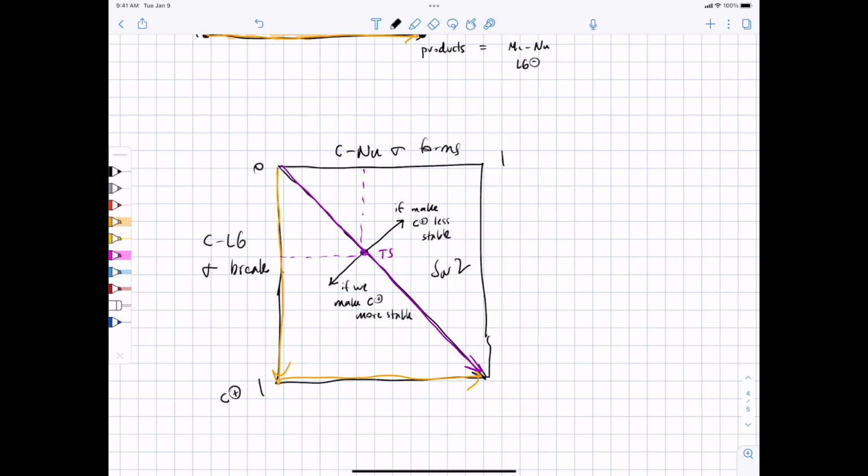Okay, so there's more we need to discuss. We need to talk about the nucleophile and what its effect is, but this will allow us to make some predictions in terms of what the character of a transition state is,